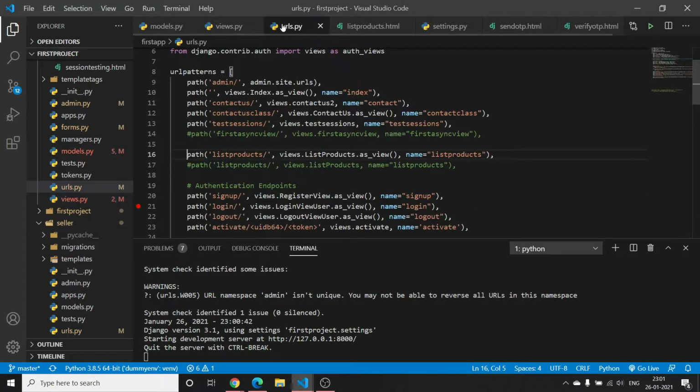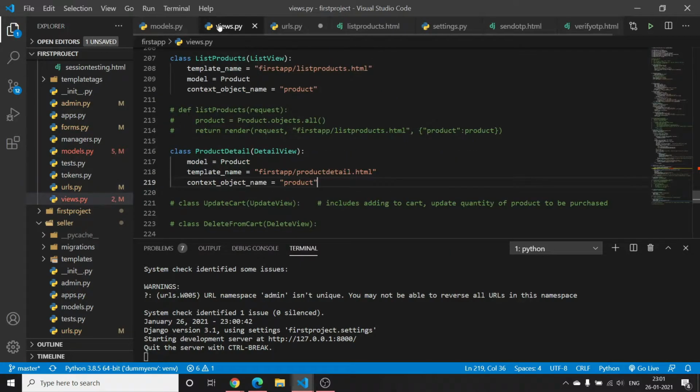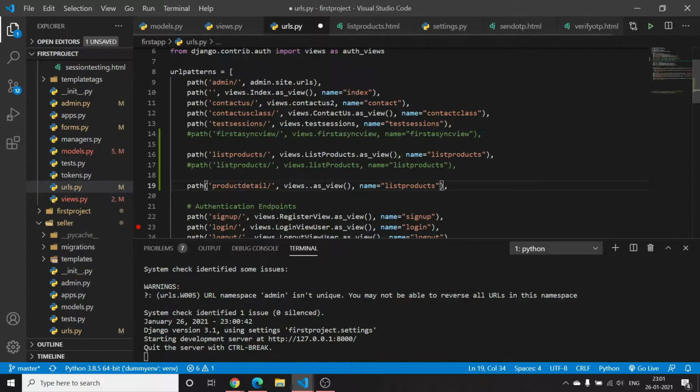So in urls.py we will add one more endpoint here. So let's add an endpoint here. So here it's product detail and views.ProductDetail.